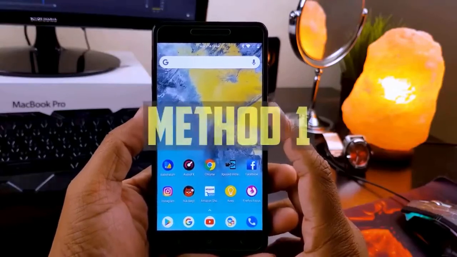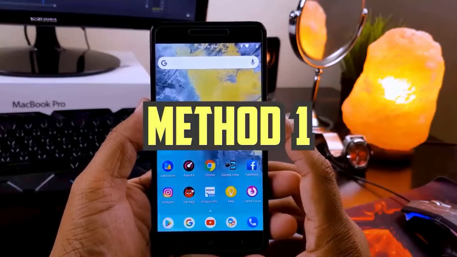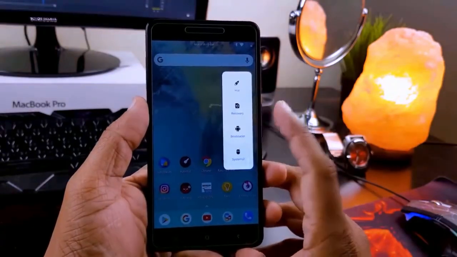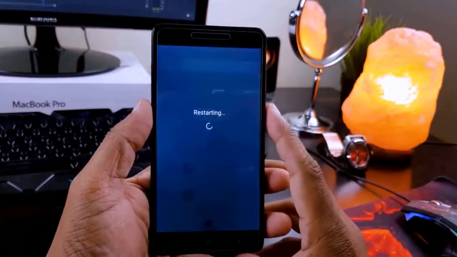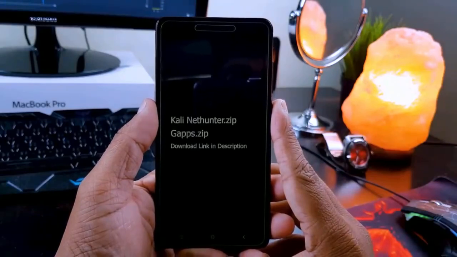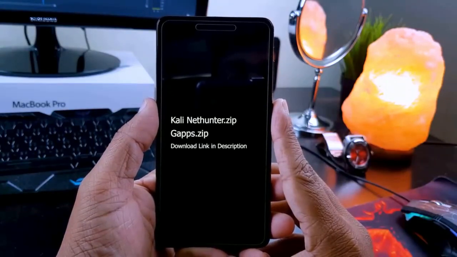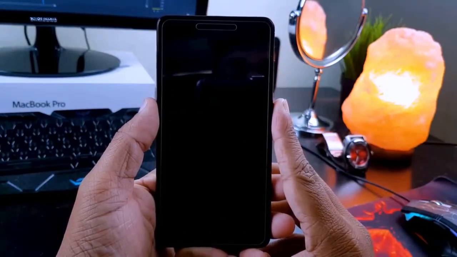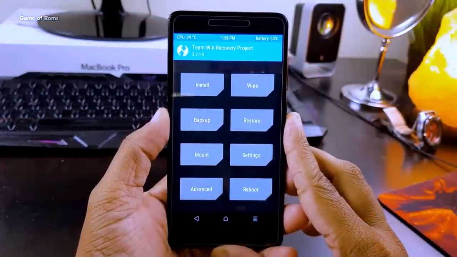The first one is a little bit tough and not for everyone. This one requires you to install a full custom ROM on your phone, basically replacing your own operating system. So go to the description and download these two files, NetHunter ROM and GApps. Once you download them, put them in your internal storage, then go to your TWRP recovery.